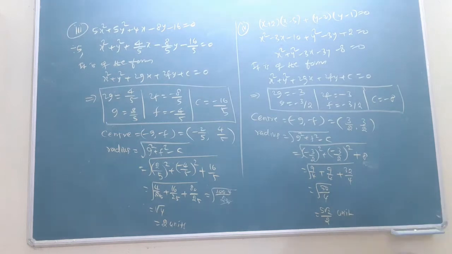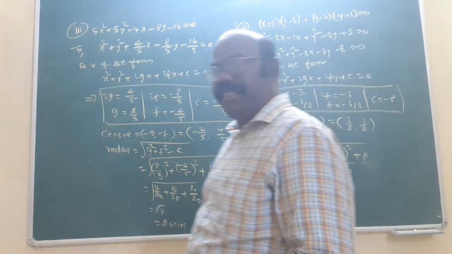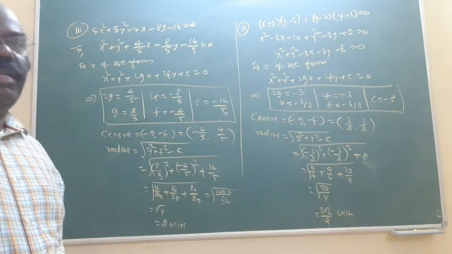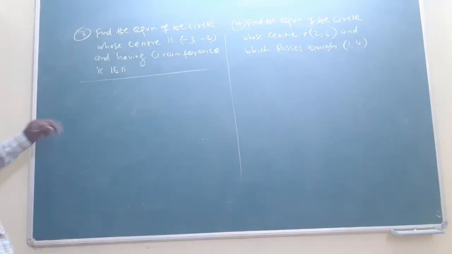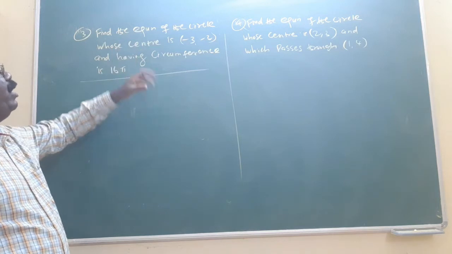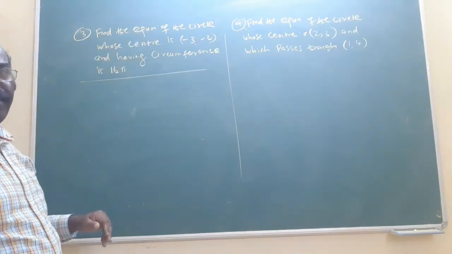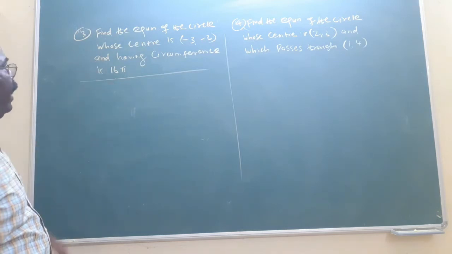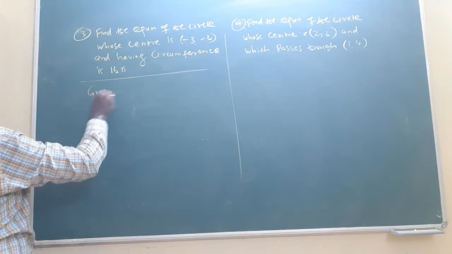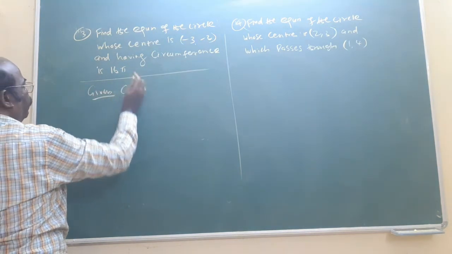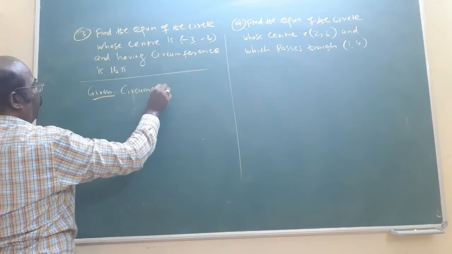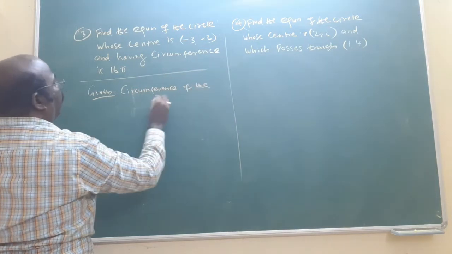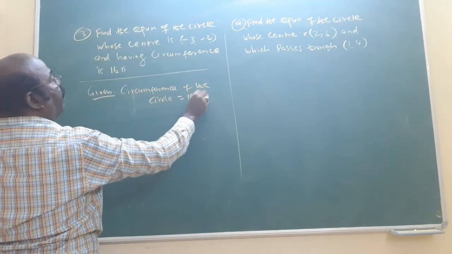Now, anyway, the first model is where the center and radius are given to find the circle equation. These 4 problems are where the equation is given to find the center and radius. This type of question is important for 2 marks or 3 marks. Now listen, third question. Find the equation of the circle whose center is given. That is the mark given. Now the equation asks for center given, but we need the radius also. Instead of the radius, what is given? The circumference of the circle equal to 16 pi is given.